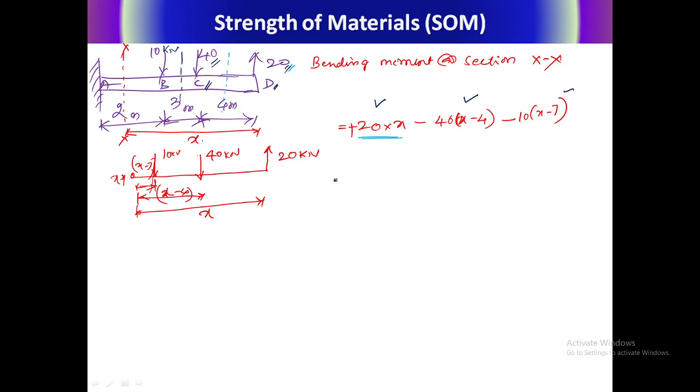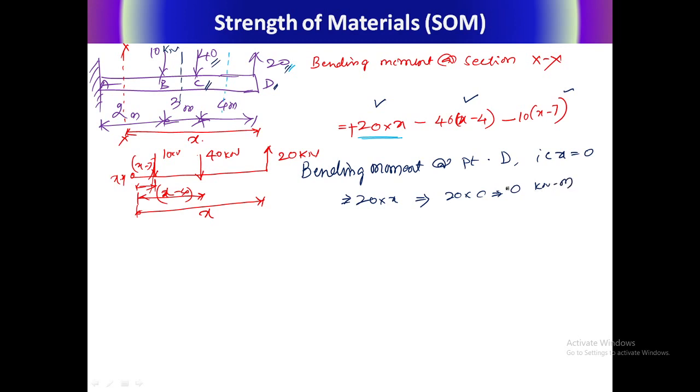Okay. Now let us calculate the bending moment at point D, that is x equal to 0. What is the equation? 20 into x, right? Now 20 into 0, this is 0 kilonewton meter. Is it okay? Next,